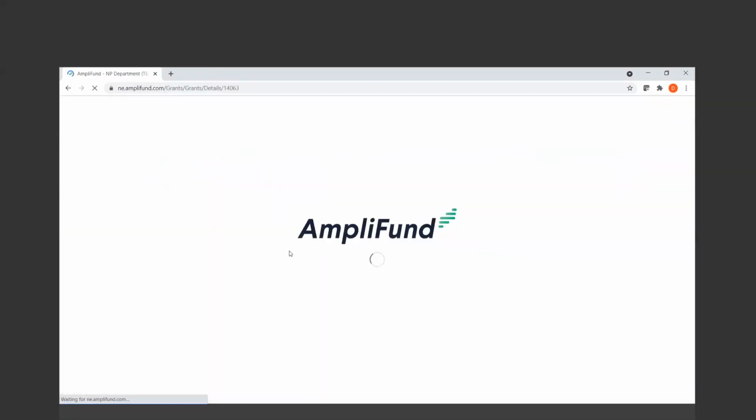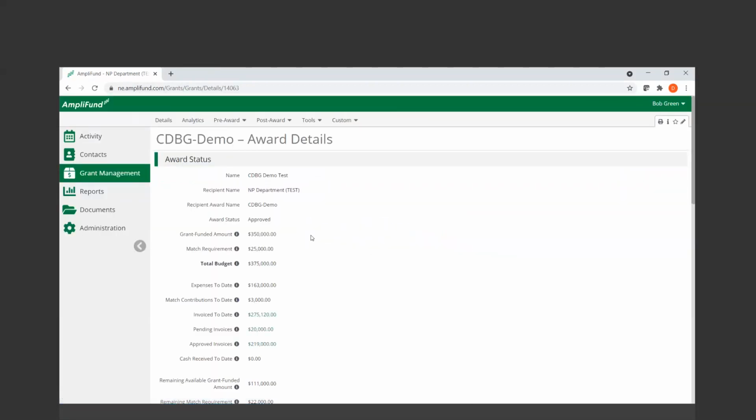Once I'm here in this grant section, I will mention that there's a lot of information on this grant details page. We've covered a lot of this in depth in previous sessions, and there's a lot of great guidance on what all these fields mean and how to leverage this information to help manage your award. So please feel free to reference the DED support site for any of that information. But really, the area of the system that we're going to be focused on today in terms of filling out